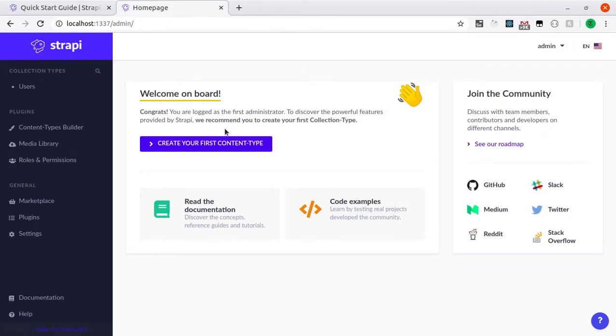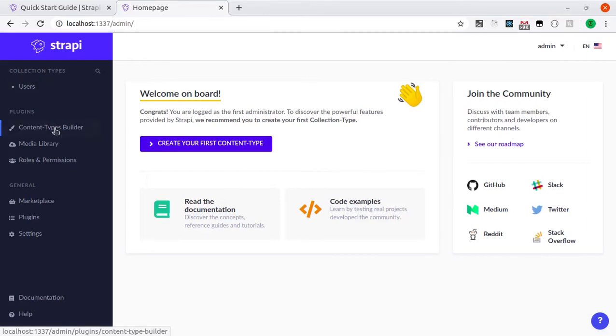It just gives us the stuff we need, and there is actually a concept of plugins which I will get into in a second. But there are these collection types, and you can see we already have users. So we have the functionality to create users, which I will do in a little bit, but I want to create some new content types.